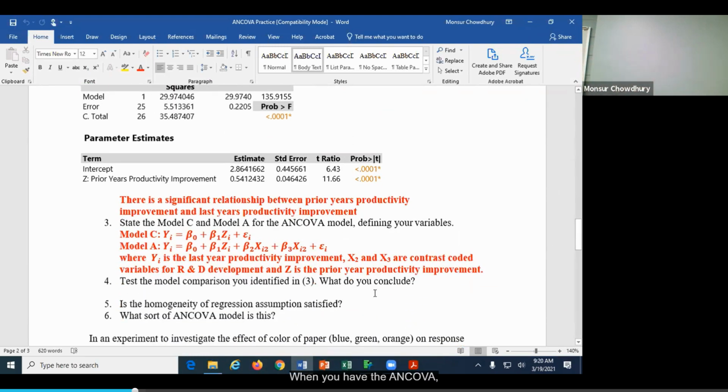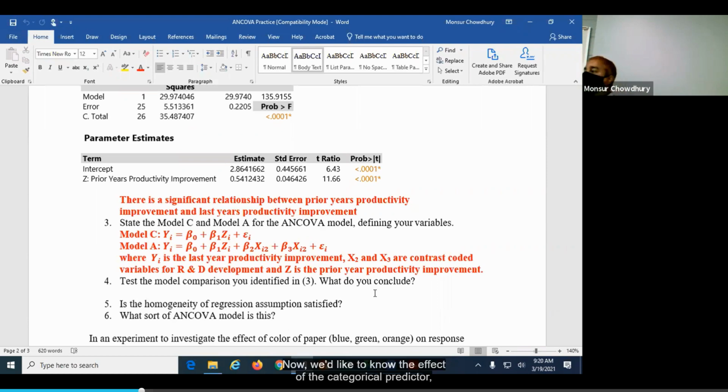Keep in mind, that's the only difference here. When you have ANCOVA, your compact model is no longer a simple model. In ANCOVA we would like to know the effects of our categorical predictors over and above the covariate. So we put the covariate in our simple model, or compact model. Our compact model is now beta 0 plus beta 1 Zi, where Z is the covariate.